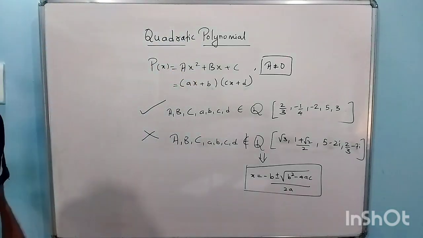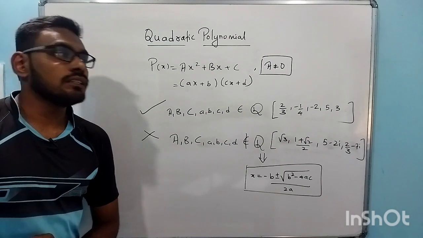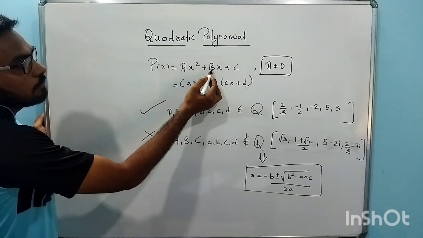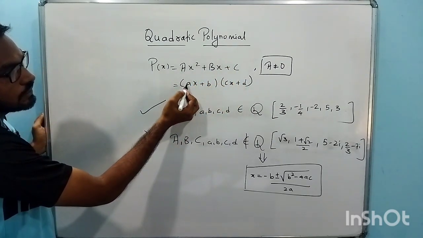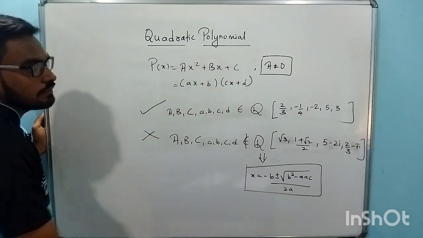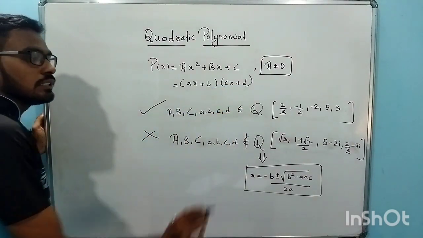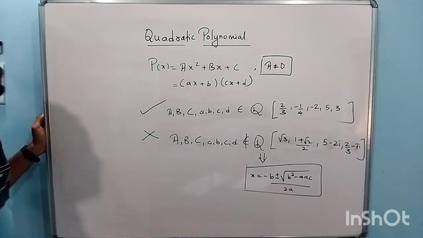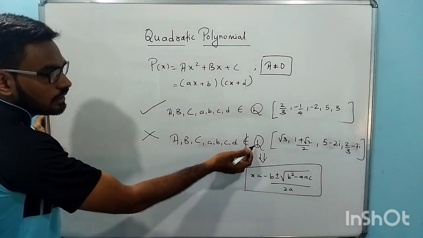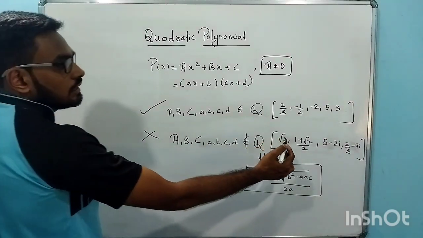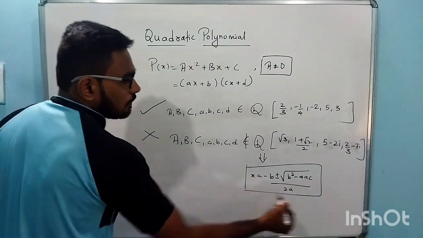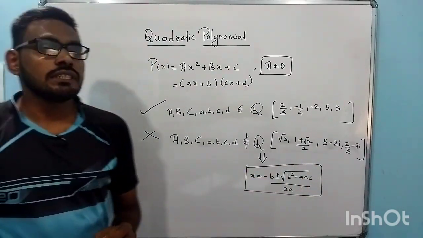So today we'll learn a shortcut to find factors of a quadratic polynomial. Now this shortcut will only be useful when the coefficients of the terms of the quadratic polynomial, or the constant term, or the coefficients and constant terms of the factors, are rational numbers. That is, there may be fractions or integers or natural numbers. Otherwise, if they are irrational numbers or complex numbers, then it is better to use the quadratic formula. Okay, so we'll start.